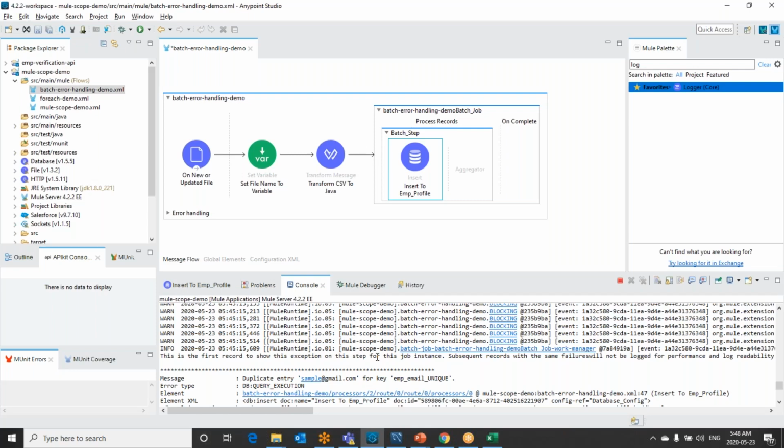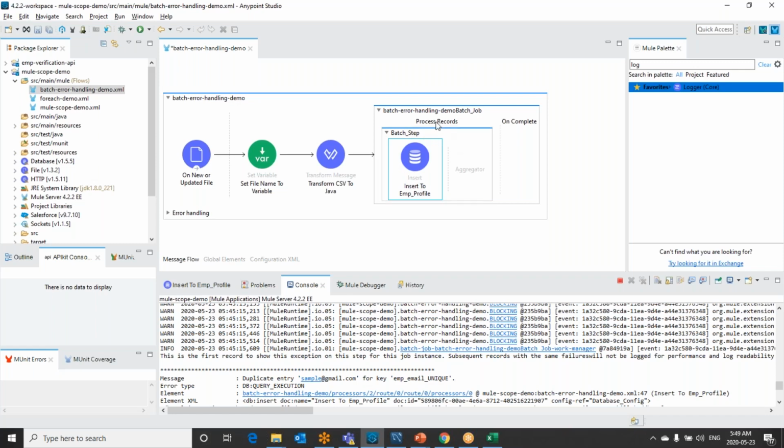Or if it happened due to some network connectivity issue, as I told you, in the middle of the process the database went down, even though we got accurate records, among the 1 million records, 30,000 records failed. We need a backup of that data, right? Then only can we process it again. So the way of handling failed records in batch processing is called error handling in batch processing.